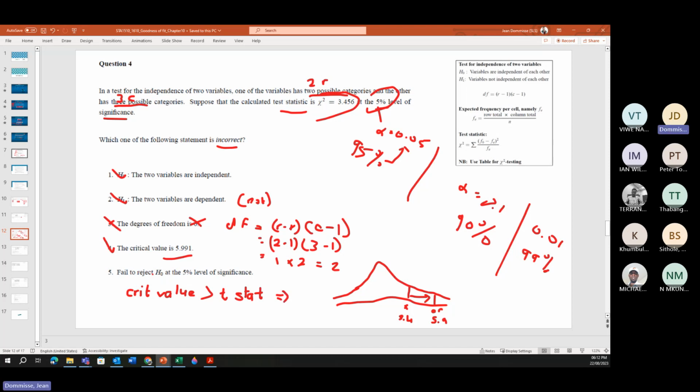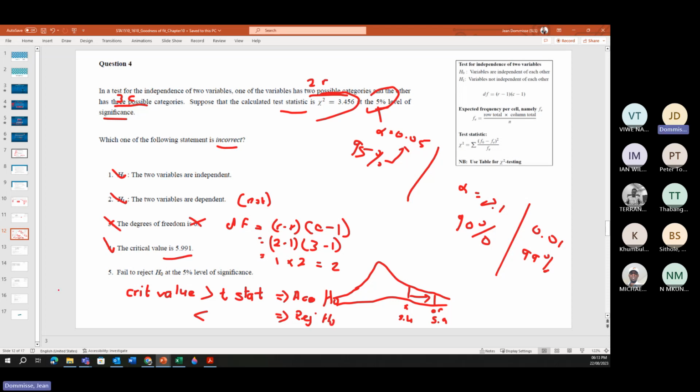So if we fail to reject, we accept the null hypothesis. If the critical value is smaller than your t-stat, then we will reject the null hypothesis. Okay, so again,